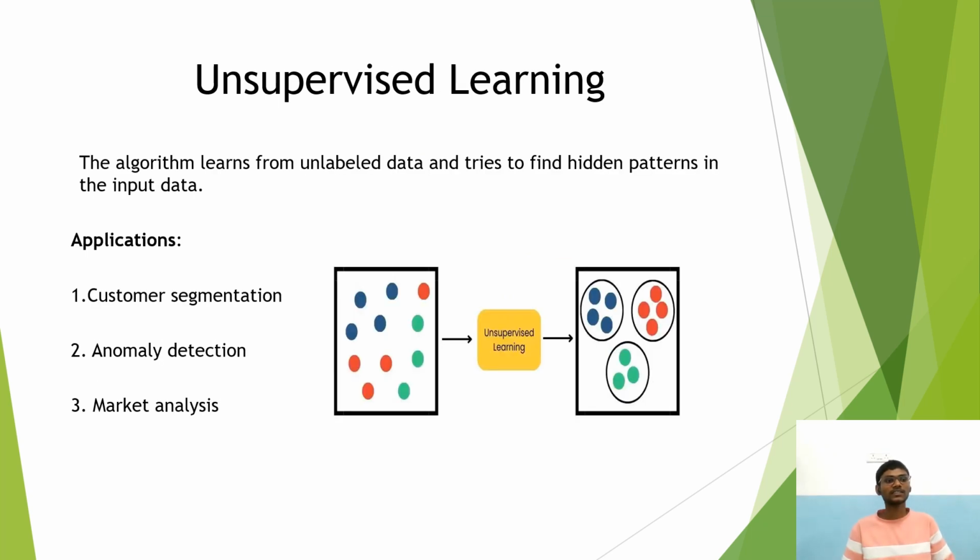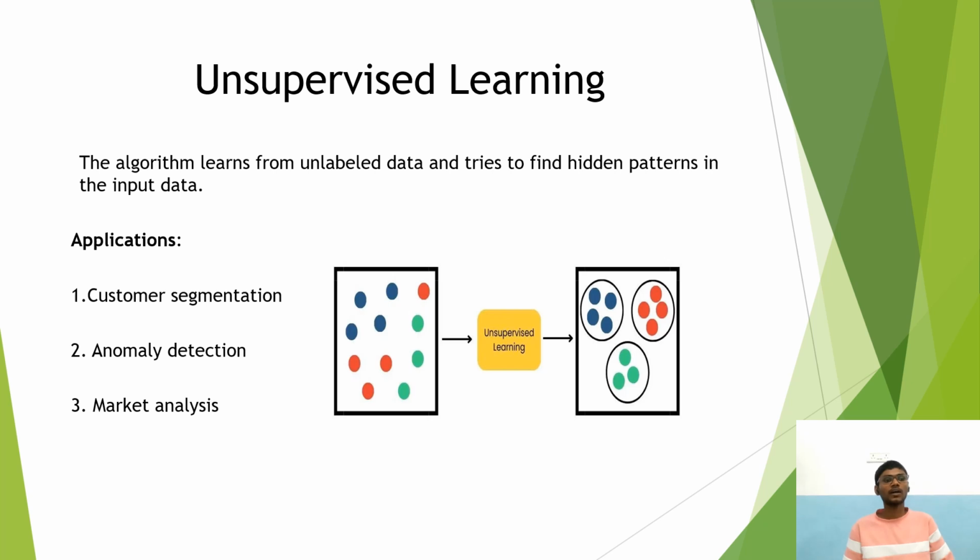The second one is unsupervised learning. Unsupervised learning is nothing but an algorithm that learns from unlabeled data. Here, we are not providing the labeled data as input. Instead of labeled data, we are providing the unlabeled data as input, and the machine can predict the output based on that provided unlabeled data and tries to find hidden patterns in